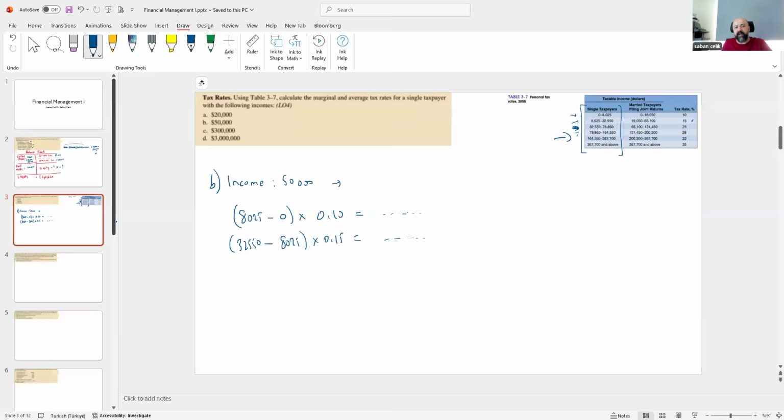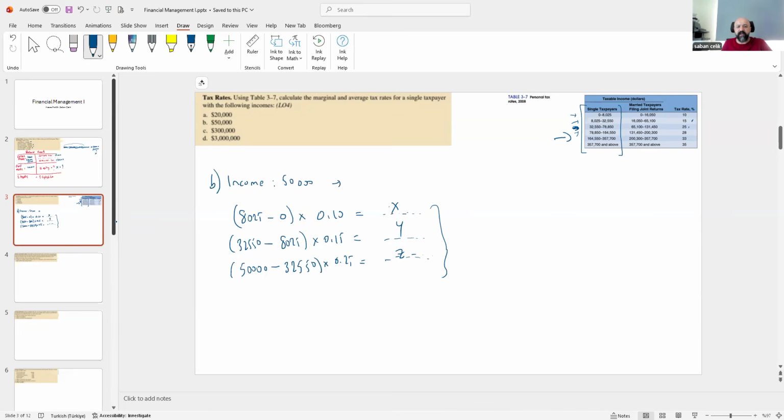The last part is where your income falls. So the upper threshold will not be 78,850, but your income level, which is 50,000, minus the previous rank's higher threshold, which is 22,550. This will be multiplied by the 25% tax rate. Here you go. Then you calculate each of these tax amounts, such as, for example, X,